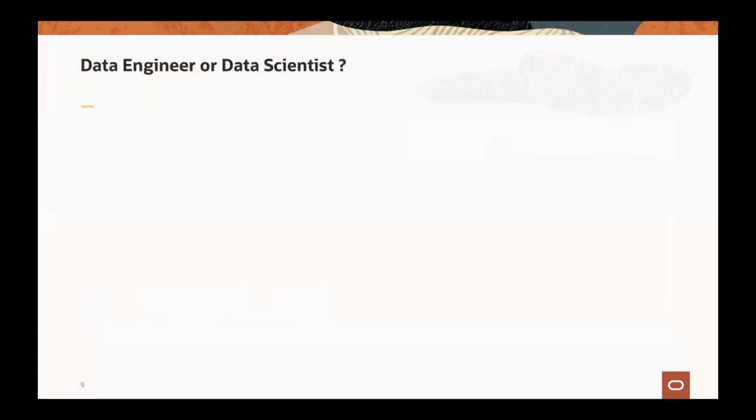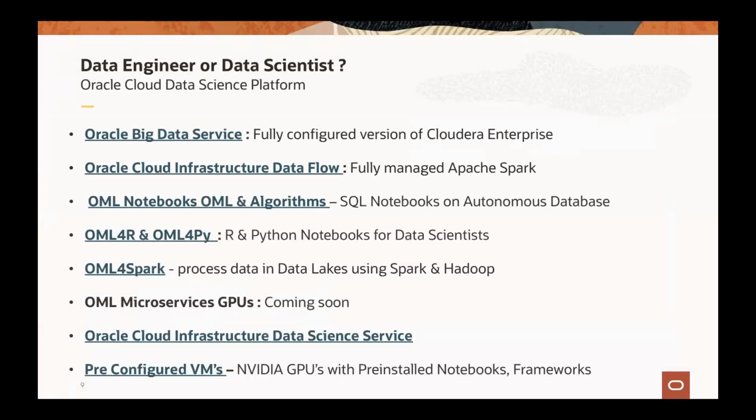So if you are a data scientist or data engineer, I just want to plug various Oracle Cloud services that you can check out. I'm not going to talk about these, but just want to show you that you can do all kinds of stuff, from running Spark and Hadoop jobs with Oracle Big Data services, or you can do machine learning using R and Python notebooks, using Oracle Data Science services on the GPU, etc. This "coming soon" is actually live now. So yeah, you can run these on NVIDIA